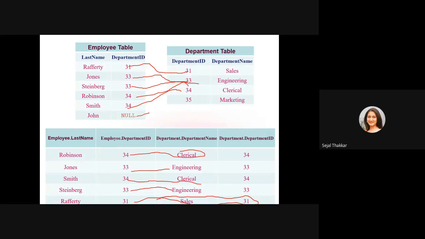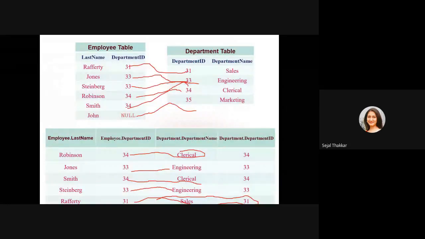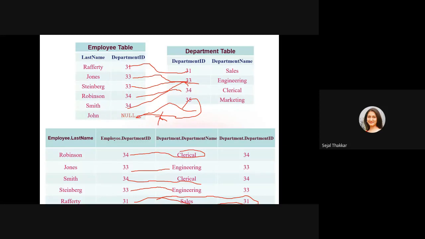There is no matching value found for this John. So you have to write down John and, no, it will not come. If a matching value is not found, it will not come. Here for the 35 also, you are not going to get a matching value. So only those rows will come which have matching values. So 31, 34 and 33 will come as output. No 35 and no null will come here because you need a matching value and you didn't find one. 35 doesn't have any matching value, and John with null also doesn't have any value in the other table. So no matching means it will not come as a result.